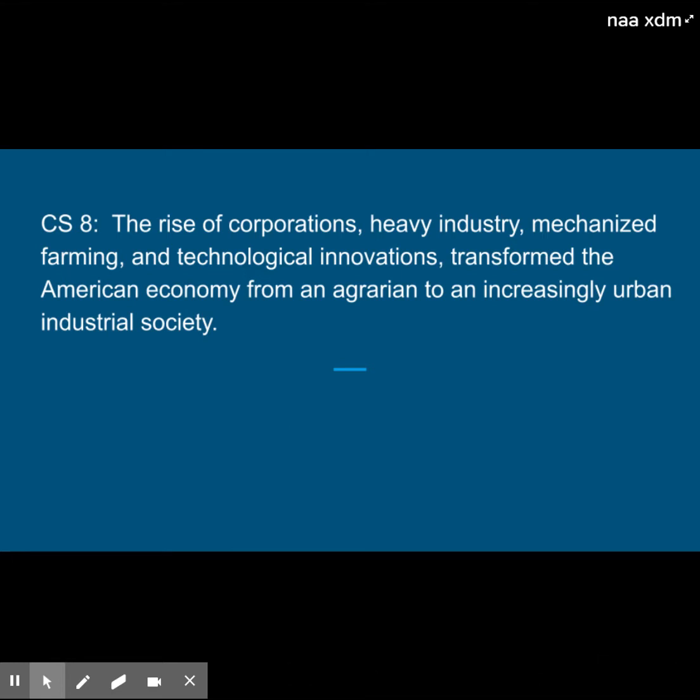So our content standard is Content Standard 8. And it says the rise of corporations, heavy industry, mechanized farming, and technological innovations transformed the American economy from an agrarian to an increasingly urban industrial society. So you might notice right off the bat that we have a lot of vocabulary to make sure everybody's got a handle on. So we'll need to find out what a corporation is, what heavy industry is, mechanized, innovations, agrarian,